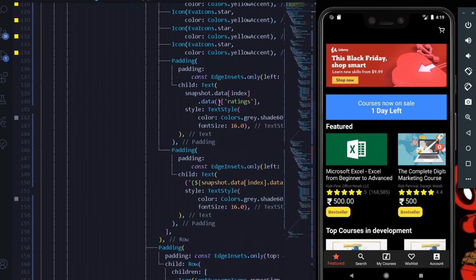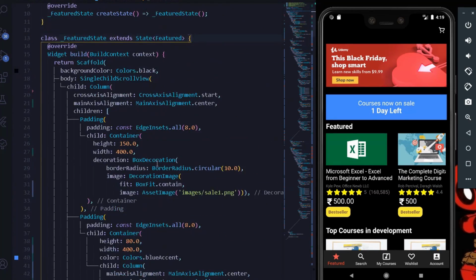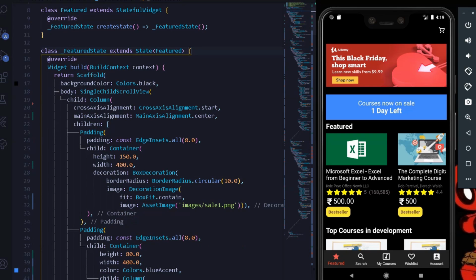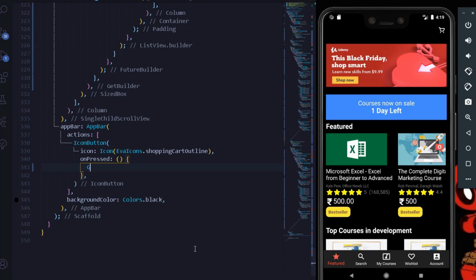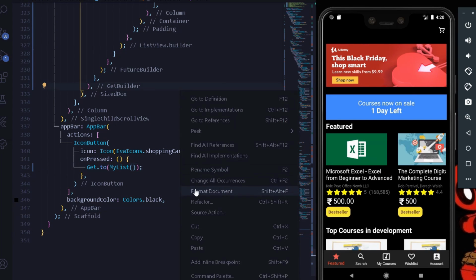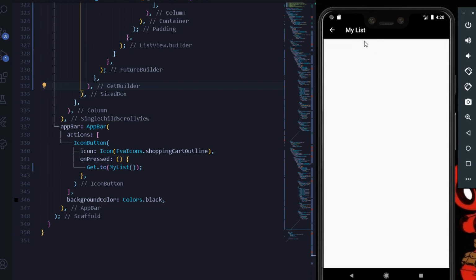Alright, so for navigating to the following my list, instead of having our old traditional navigator method, we will be simply using GetX one more time. So here on pressing it, nothing is happening for now. So here I will simply write get.to, and the to shall be regarding the next screen that we are enlisting. So here I will simply write my list, and that's it. You don't need any traditional navigator method. You can press Ctrl and S. Alright, if I press on this button, now you can see we are automatically navigating to the next screen, and after pressing back, we are now navigating back.